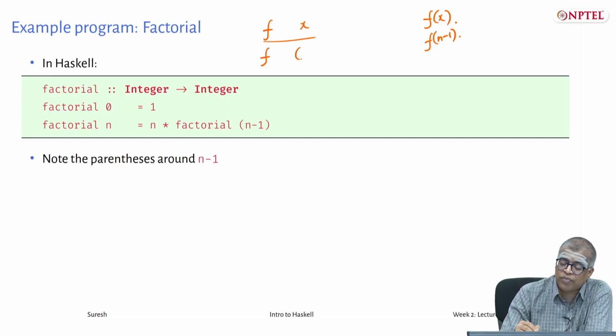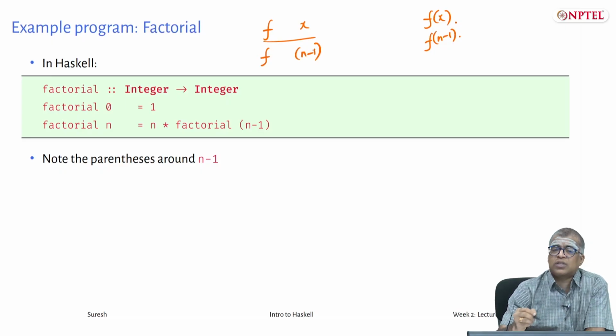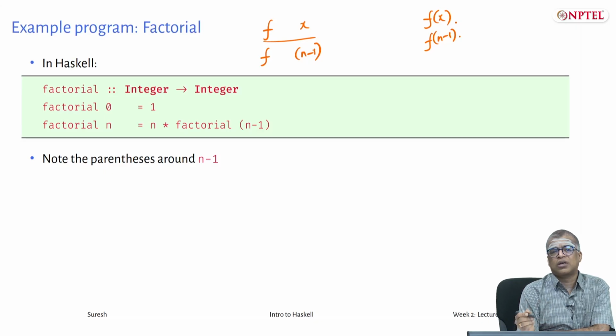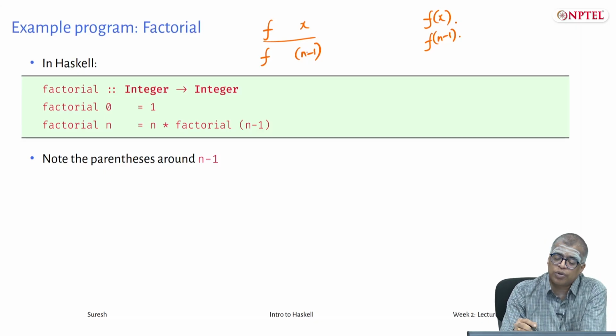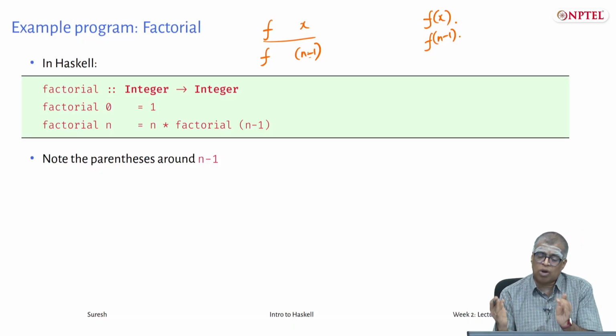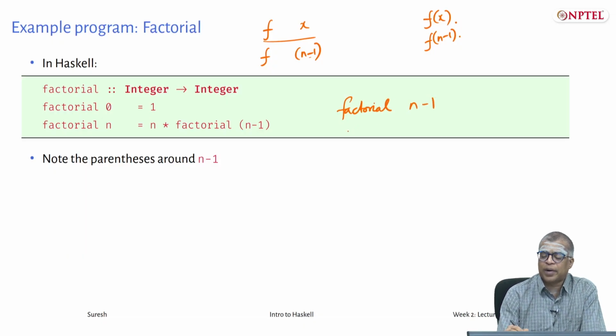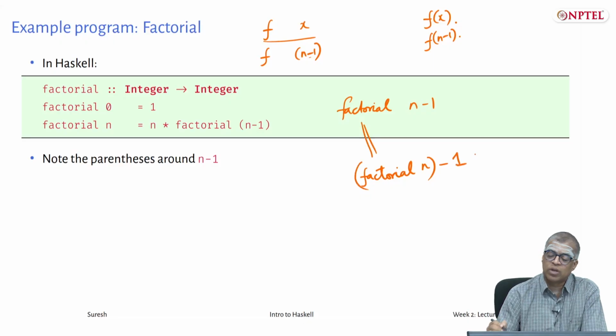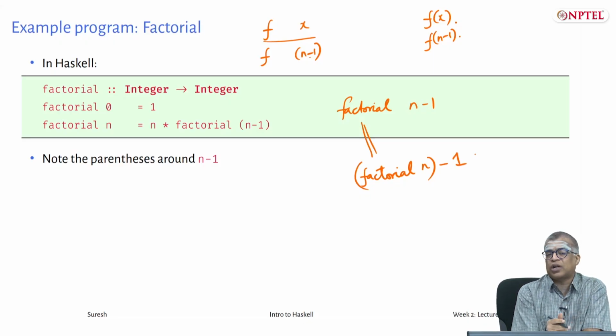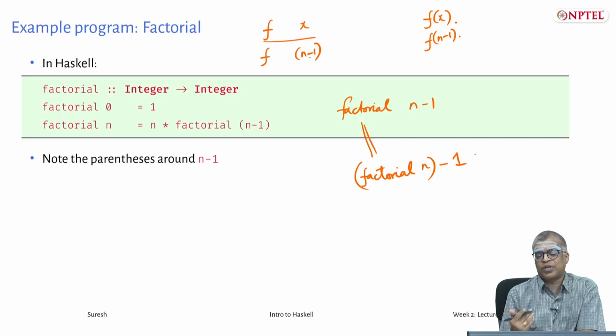In Haskell you have to say f space n minus 1, and the parenthesis here is not to indicate that f is a function and it is being applied to an argument, rather it is to tell you that n minus 1, the whole expression is to be treated as the argument, okay. The whole complex expression has to be treated as one value. If you do not put this parenthesis and if you write factorial n factorial space n minus 1, it will be interpreted as factorial n minus 1, okay, and that is again a problematic thing because factorial n is calling factorial of n and this kind of definition will not ever terminate.